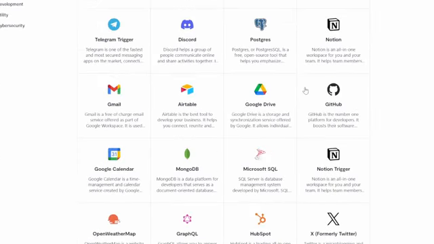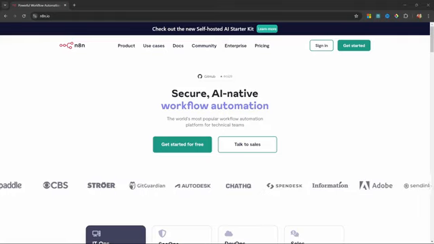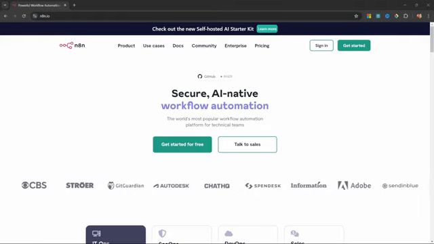As an example, you could use the Gmail module to listen for new emails. We can then use any of the AI models to analyze the email to extract certain information like lead information, and we can then use Airtable or Google Sheets to store that data. The possibilities are endless. Throughout this series, I'll guide you through setting up n8n locally and in the cloud, and